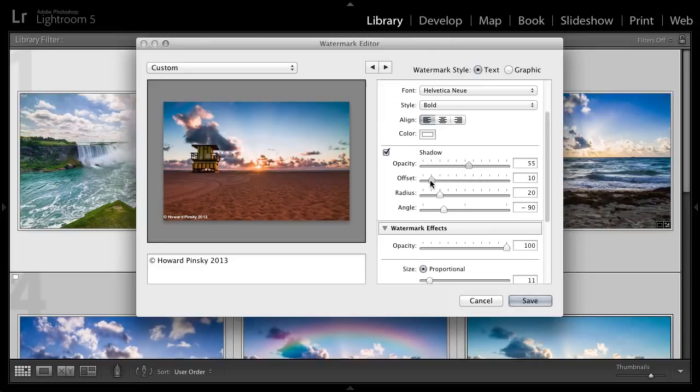You have your offset, which basically controls how far out from the text your shadow is. So if I pull that outwards, you may notice, you may not notice, that the shadow is pulling further away from the text as I increase the offset. I'm going to leave it somewhere around 25. And then you have the radius and angle values to control the spread and which direction the shadow is going. So right now it's -90, which would be going downwards. Now it may be difficult to see because the watermark is so small, but we'll be able to change that